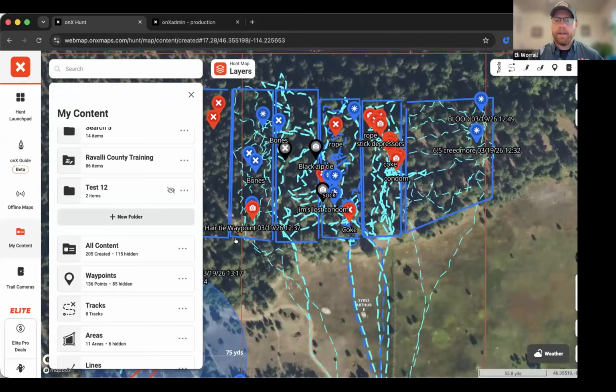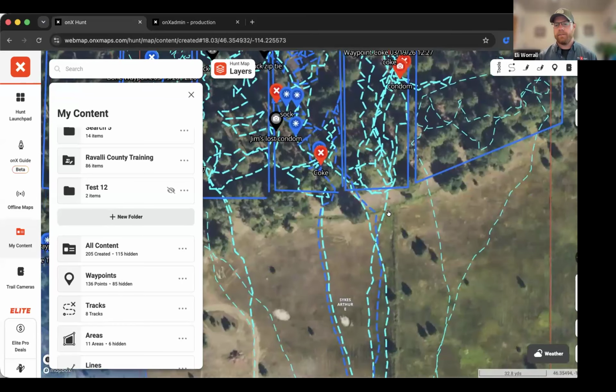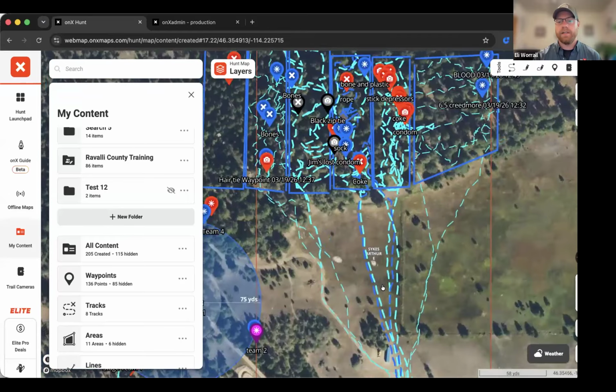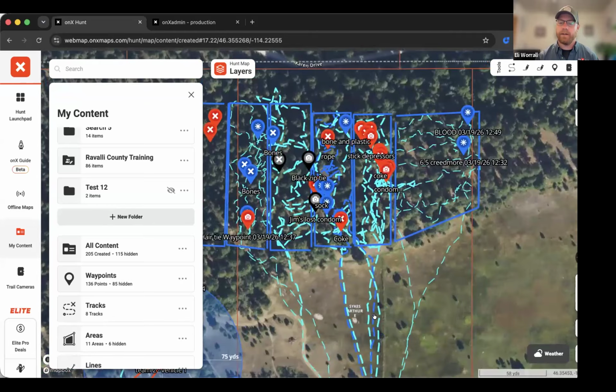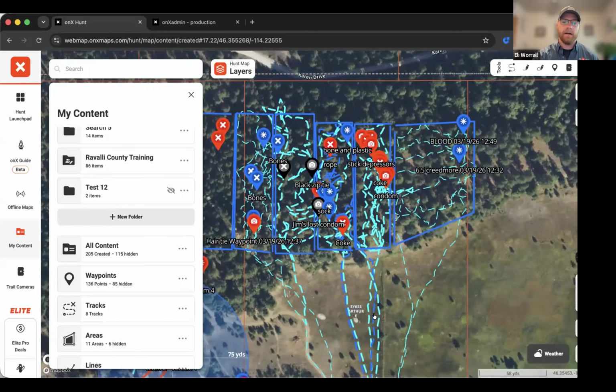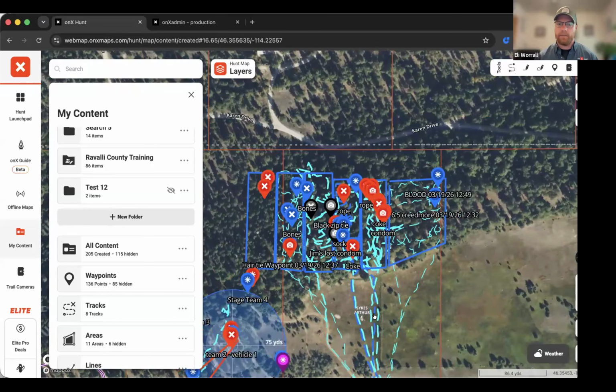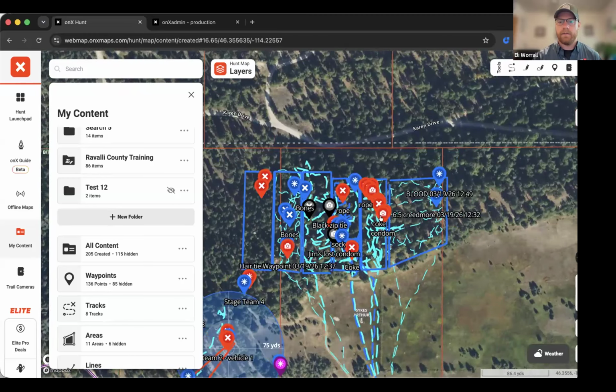But when we are looking at these tracks, so when you're on your phone, you can create a track. When you're out in the field, all of these tracks that you've created, you can then add them into this shared folder, and it shares out with everybody on the folder so that you can see where people have been, where they might be going, what hasn't been covered, and what's been covered incredibly well. You can then add in waypoints and things like this. So if there was something that you found while you're out there, you can go in, add a waypoint to it, and then it'll also add in